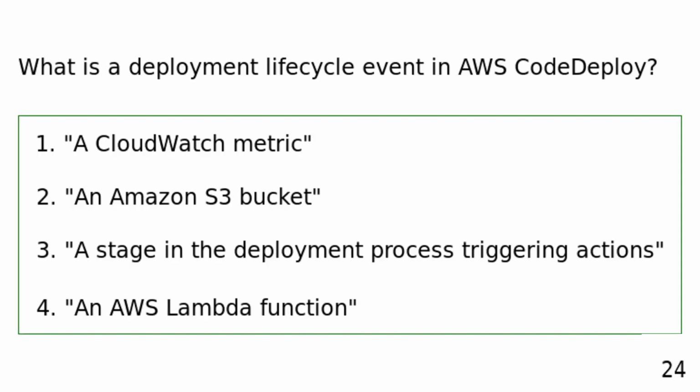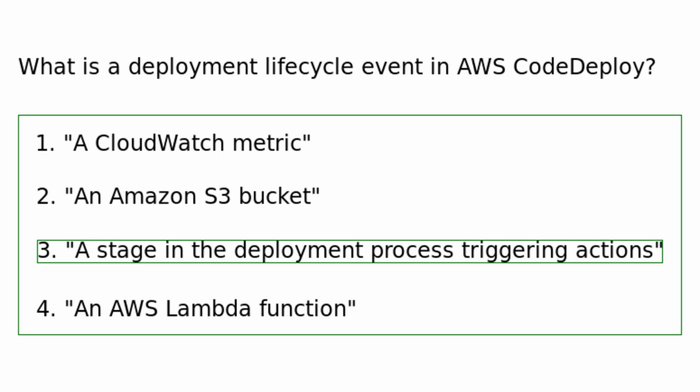What is a deployment lifecycle event in AWS CodeDeploy? A CloudWatch metric. An Amazon S3 bucket. A stage in the deployment process triggering actions. An AWS Lambda function. A deployment lifecycle event in AWS CodeDeploy represents a stage or step in the deployment process that triggers specific actions